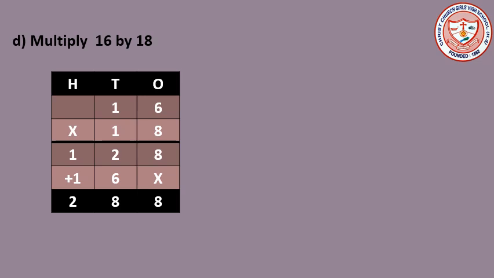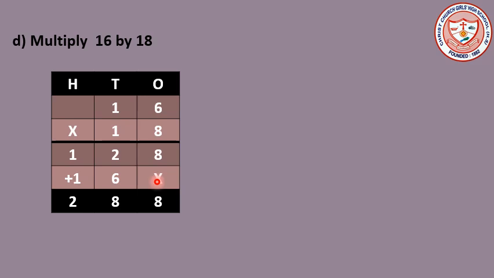And the second step is 16 into 10. As you can see, this 1 is sitting in the place of tens. That means actually here we are going to calculate 16 into 10. Okay. And before starting the calculation, we are going to put a cross in the ones place as we are going to start the calculation of tens. Okay. You can put a cross here or you can put a 0 here. Both are correct.